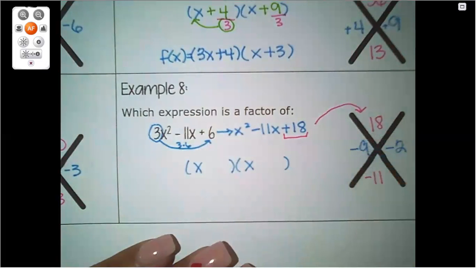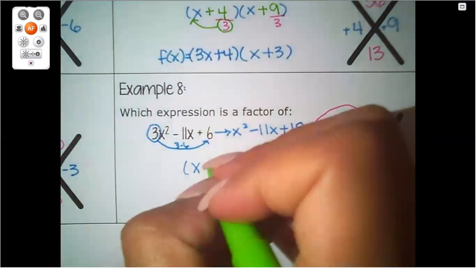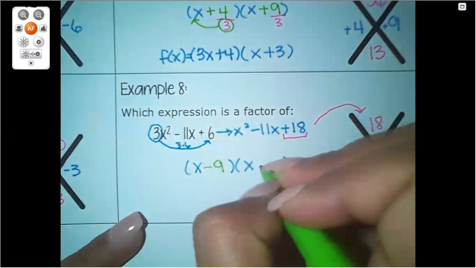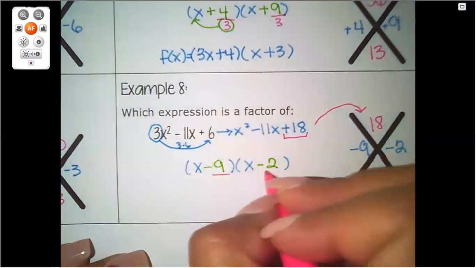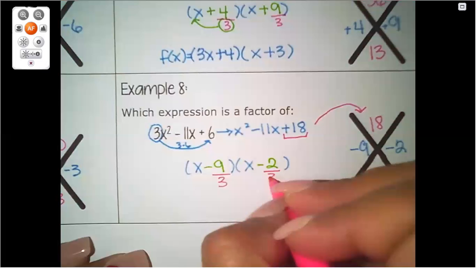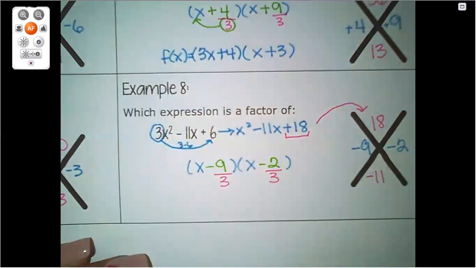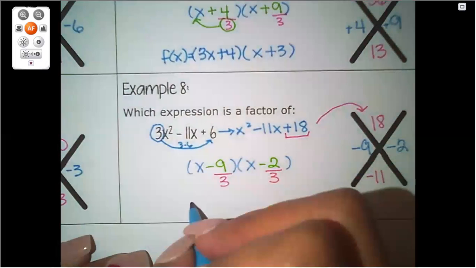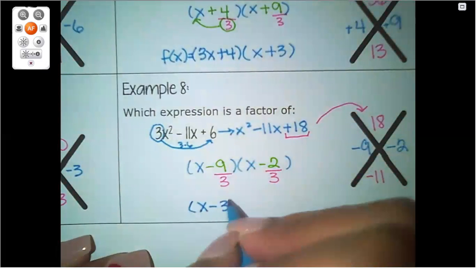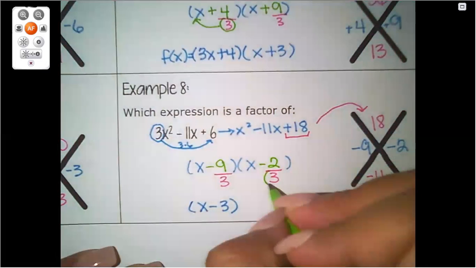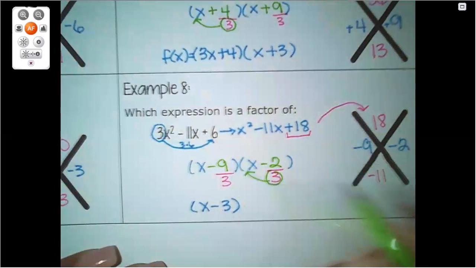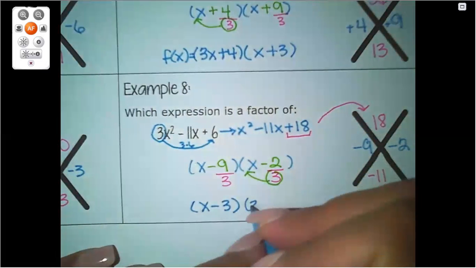So the first binomial is going to be what? X minus 9 and x minus 2. Now, since we did kidnap, now we have to do what? Divide, give the kid back. We're going to divide by 3. Now, -9 divided by 3 gives us -3. So x minus 3. If it gives you a whole number, bring it down. But what about -2 divided by 3? It's going to give you a decimal. So you have to do what? Bottoms up. And it becomes